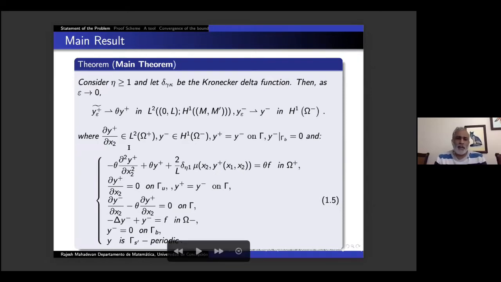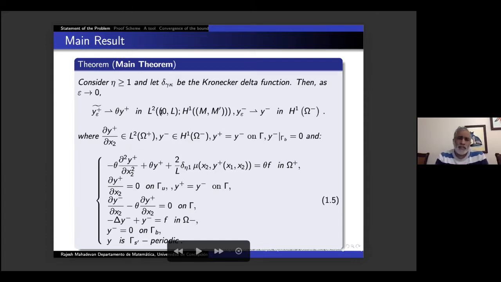So in the upper part, the limit y epsilon will have two components, one in the upper part and the other in the lower part. Since it's not defined outside omega epsilon, we extend it by 0 and denote it by omega epsilon tilde, and this should converge to a function theta y plus, and in the lower part y epsilon minus will weakly converge in H1. This convergence in the top is weaker because there is no control over the x1 derivative, so it's only derivable with respect to x2,